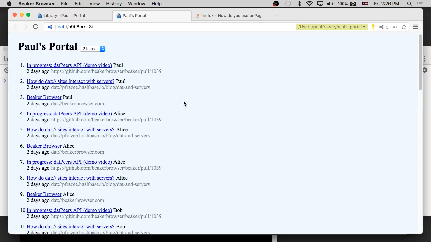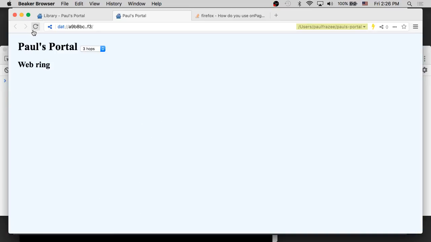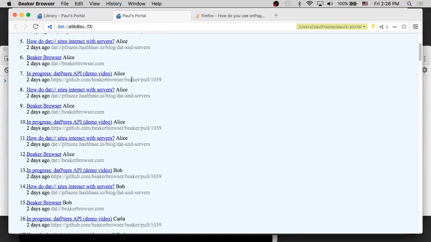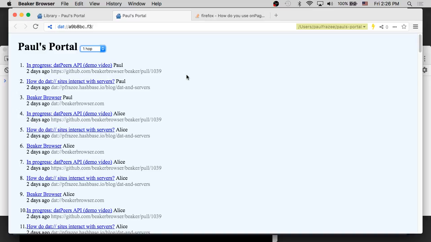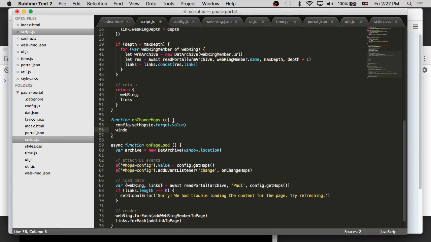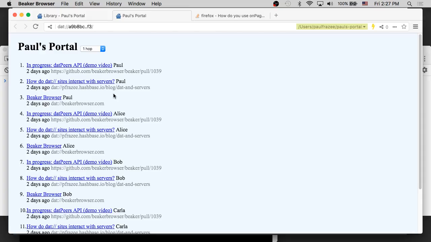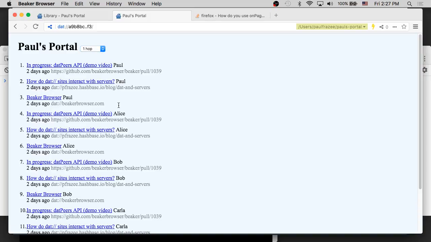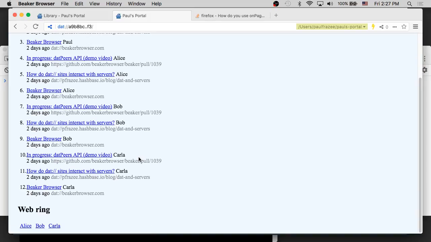Yeah. So let's set it to 3 and watch the chaos. Great. Totally working. Now, it's not going to be nearly this fast whenever we get actual... Let's make it so it refreshes the page when you change that. It's going to be slower whenever we actually have other people involved, whenever these are not just all the same site reading itself. But